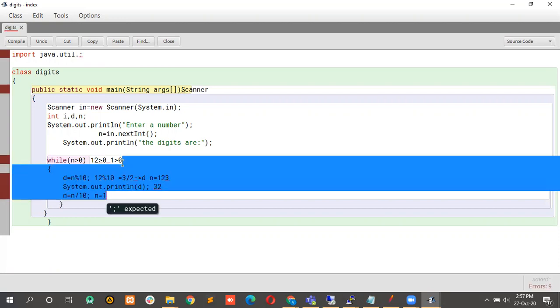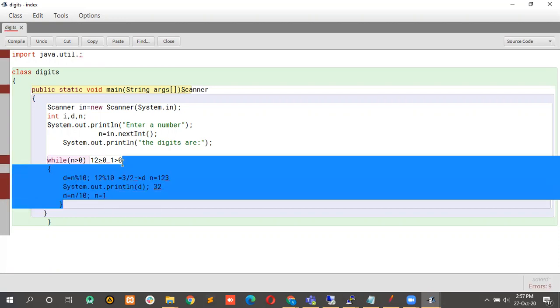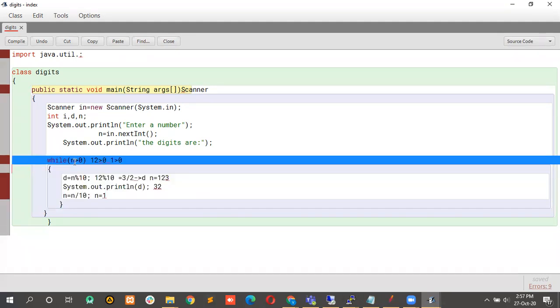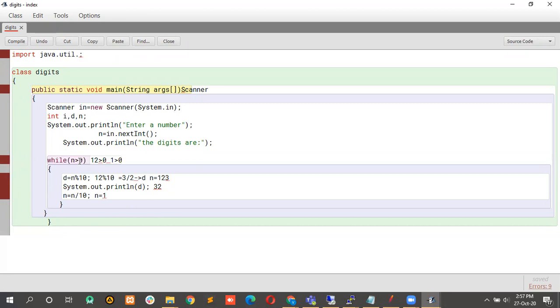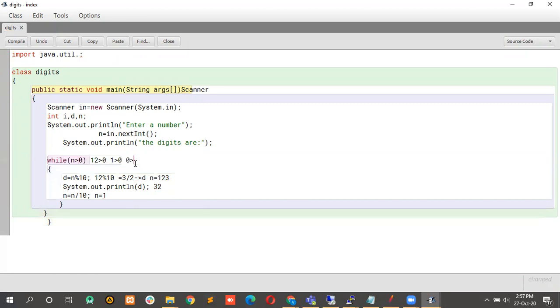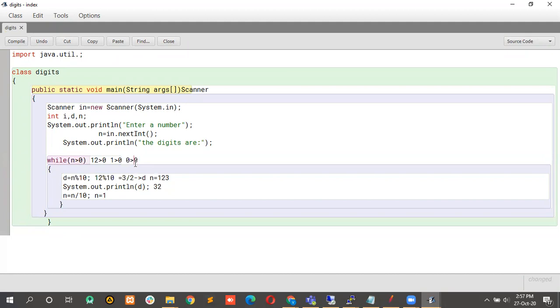So guys, what is happening is this looping part will be executed again and again till my condition gets satisfied over here. Okay, so after completion of my third iteration the compiler will be checking. What will come now? 0 will come. So in the next case, 0 is greater than 0. No. If this was greater than or equal to, then it would be fine.